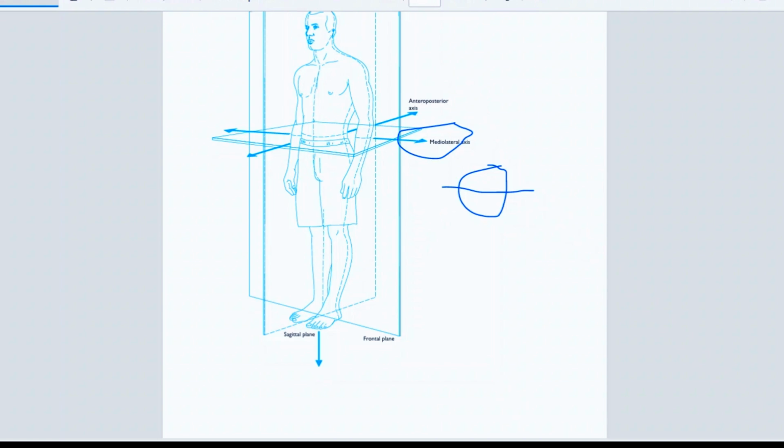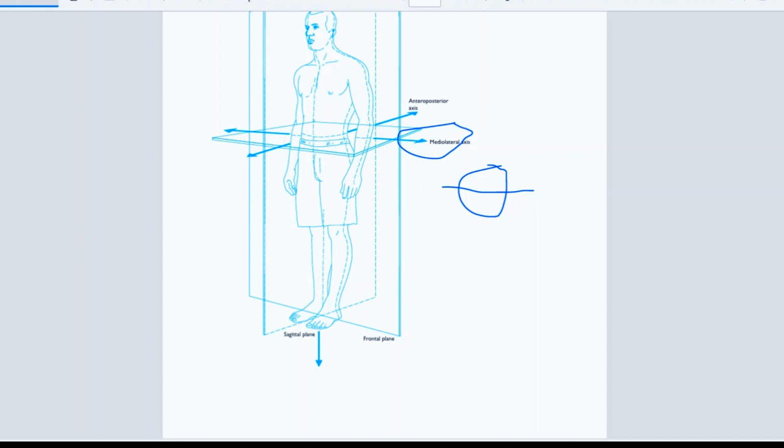The third one is the longitudinal axis, the vertical axis. It is perpendicular to the transverse plane, and movements along this axis involve rotation, like the spinning of a figure skater or a dancer. When a skater rotates around the longitudinal axis, the movement is in the transverse plane, but the axis is longitudinal. Another example is turning to look over your shoulder, rotating your head from side to side.